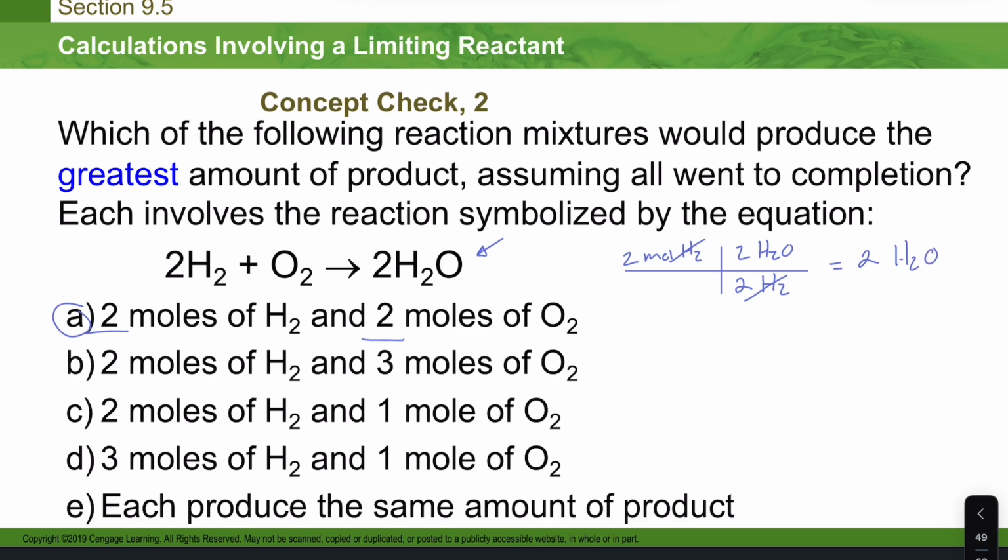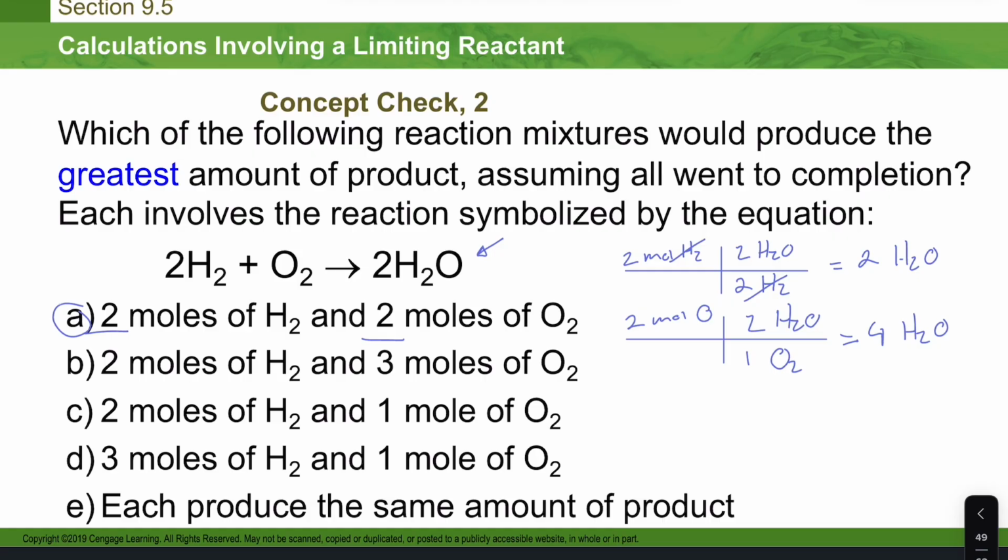This is for A. For O, we have 2 moles of O. We'll convert that for every 1 O to H2O, we'll get 4 H2O. Now, instead of doing it like this each time, because that's going to be 2 equations per,